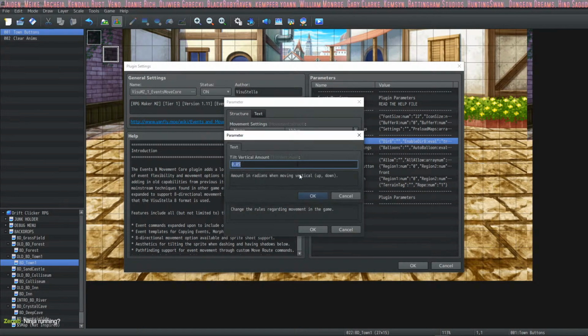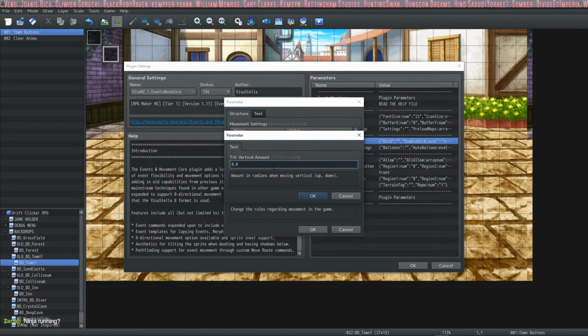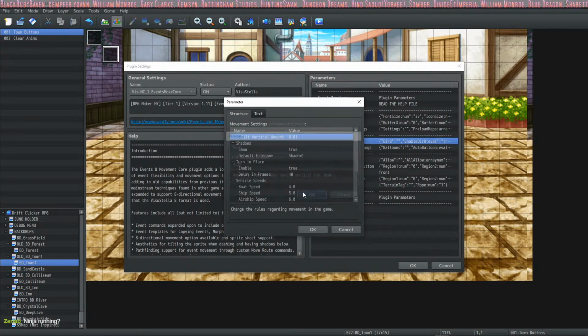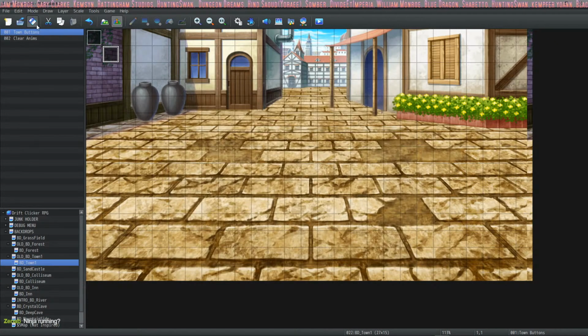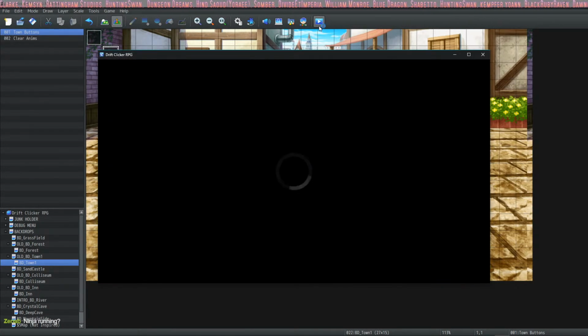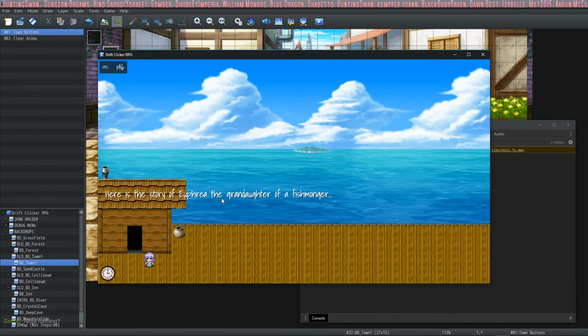Tilt vertical amount. Oh, you can change the amount. Maybe turn that to like 2. Maybe it would be okay if 0.1. It's just so pronounced at 0.05. It might be okay. Let's reduce it 80% here. See if it changed. It does look like the Naruto run a little bit. You just need to make a sprite with its arms straight back, and you can run around the whole game like that. That would be great.